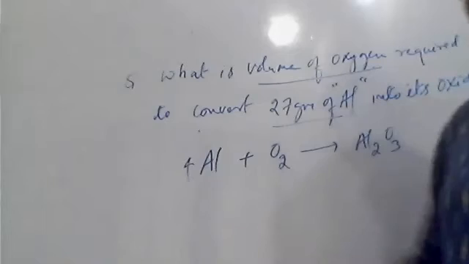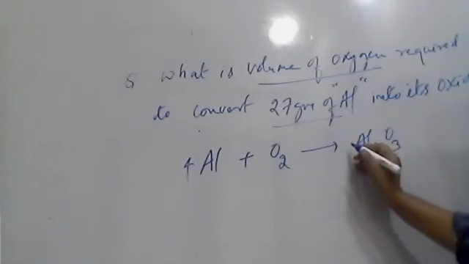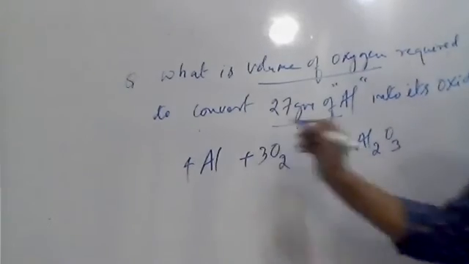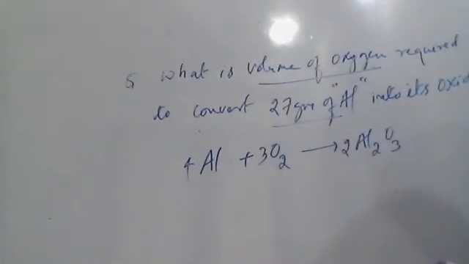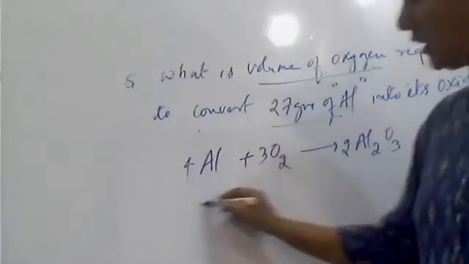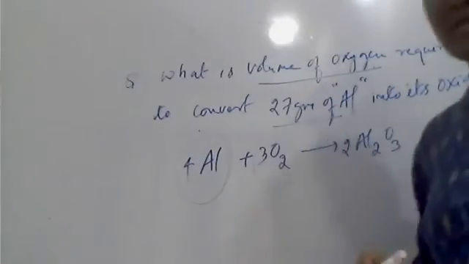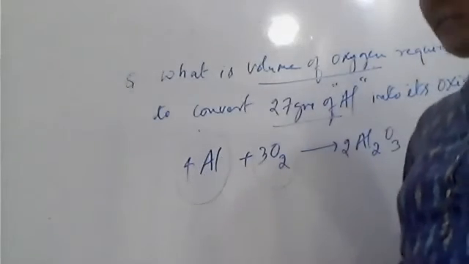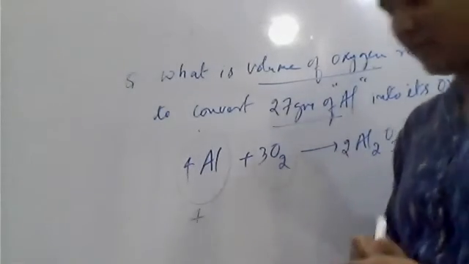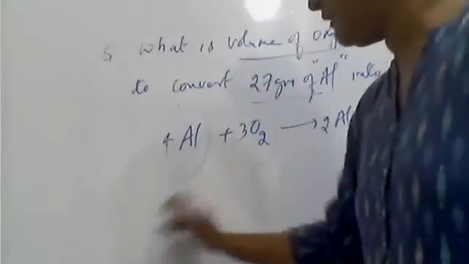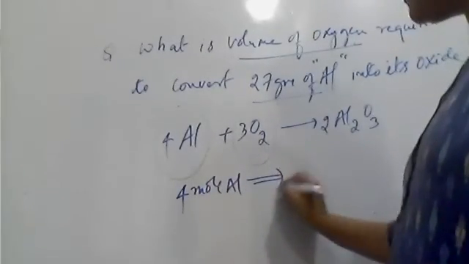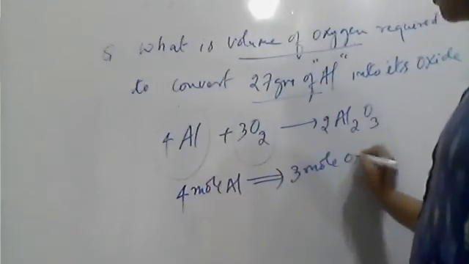So for this, you have to balance like this. 4Al, and so you get 2Al2O3. 2 into 3 is 6. 6 means 3 here. That is the balanced equation. Now in the question, what is asked? The problem is between the aluminium and oxygen. So here see. What is the weight of this? 4 aluminium. The one aluminium is, what is that, beta? Here it is what? 4 moles. Okay. In the question, 4 moles of aluminium consumes 3 moles of O2.